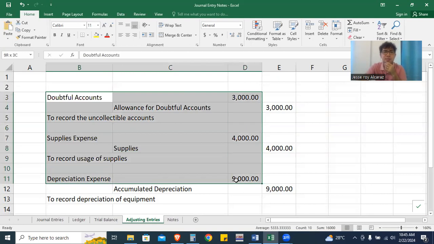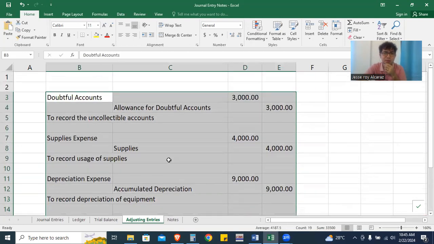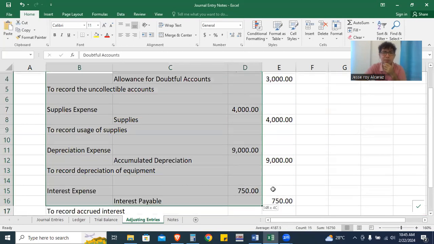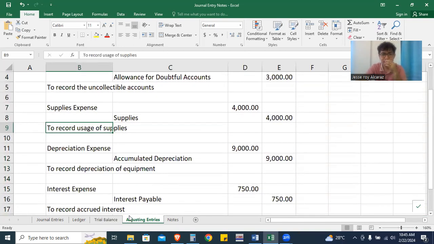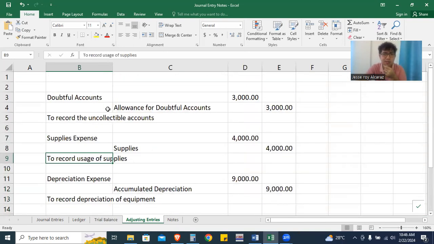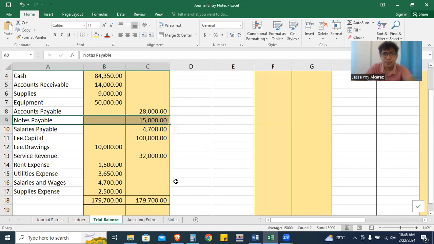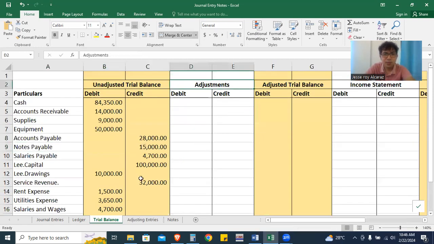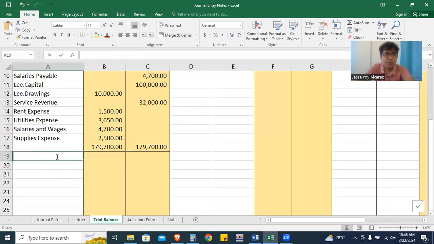Now, just like in the journal entries, it is added to the ledger and then in the trial balance, the same thing happens with our adjusting entries. However, since there are only a few accounts here and no accounts are repeated, we can just plot them directly at the trial balance, starting with the doubtful accounts. So if you notice in the adjustment column or in the trial balance, we don't have doubtful accounts